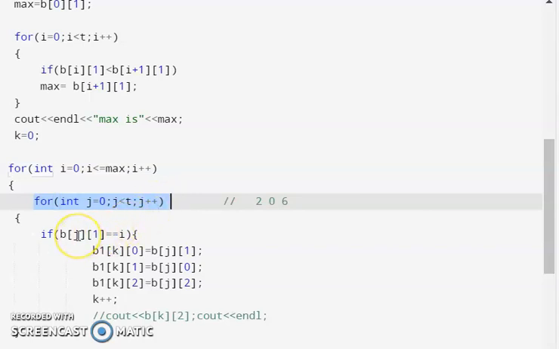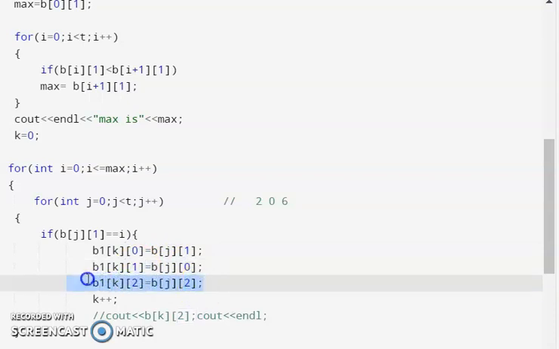In my original matrix, I am comparing the column value with I, and if it is a match, then swap. So the row index value of the column with index 1 will be stored to index 0, then index 0 will be stored on index 1, and the value is the same.